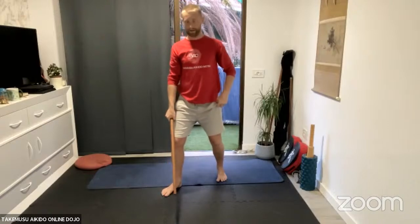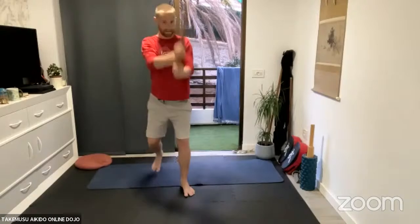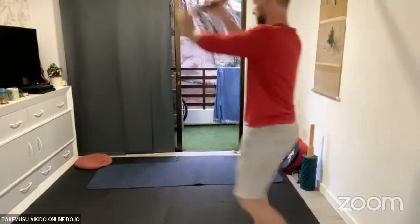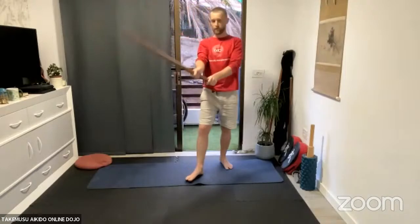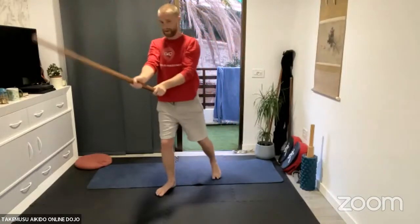You're just going to land into the back of the foot here. As you do this, it's going to look something like this. I'm going to kind of spring out to the back foot, so I don't fully load the back leg and then go into it again. If I do that, I'm basically stalling the movement all the time. So what I want to do is basically load into the front leg and then release it,